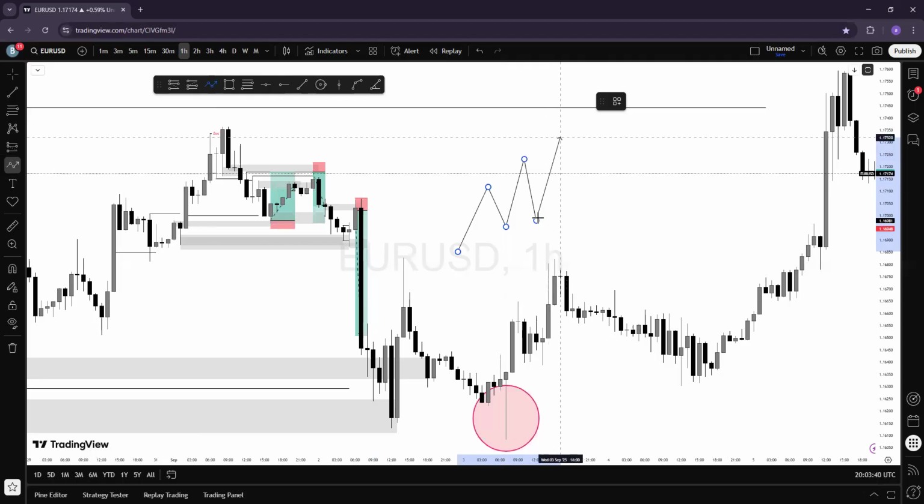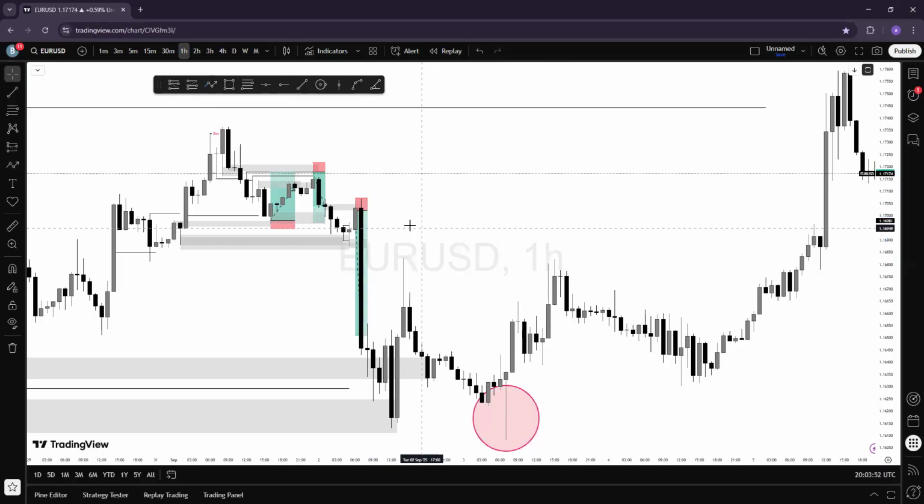But the market only reacted a little bit and then failed. So this point will be reclaimed in the future for a sell. You understand? So that is what happened there.